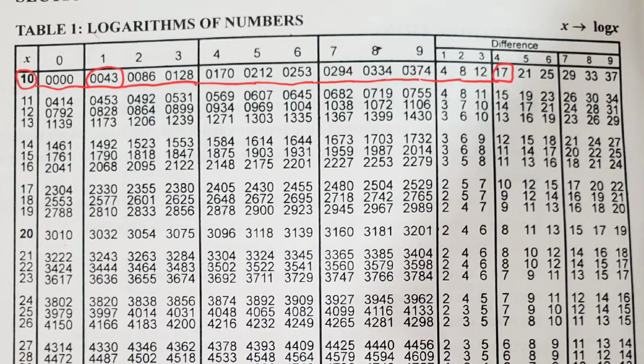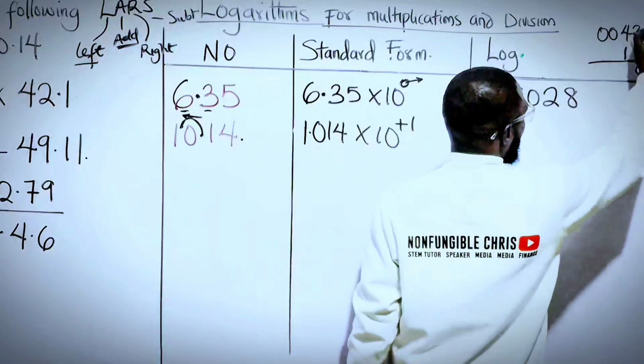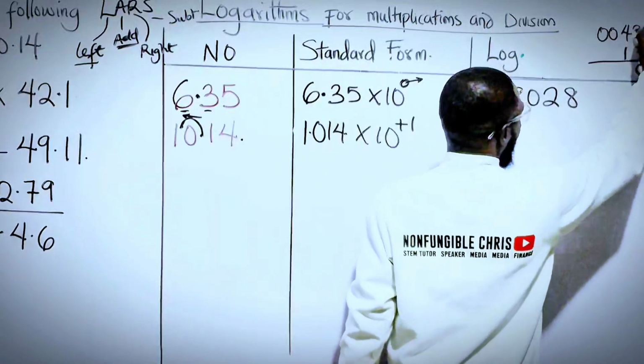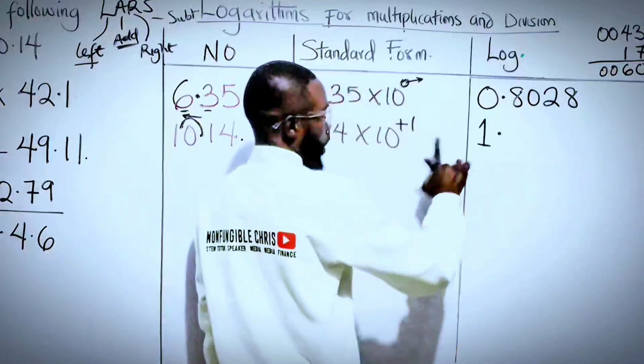There, what do we get? On the log table, we got 17. So what do we do to them? We add all of them. We add both. So 3 plus 7 gives us 10. Carry 1. 1 plus 4, 5 plus 1, that's 6. So we have 600. So here we're going to fix